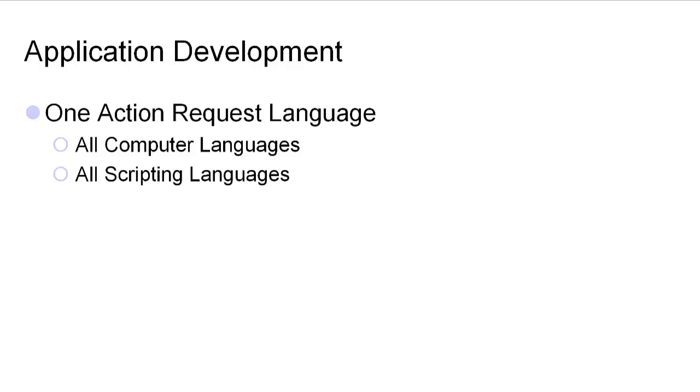And so in our application development, we really need one action request language. We have billions of languages now, trillions. We got our computer languages, Fortran, Cobol, and assemblers, and R and Go and Python and JavaScript and Java and billions of these computer languages. And then we have our scripting languages, our BAT files and our JCL and our DEC control languages and just about everything out there. We have stored procedures, we have